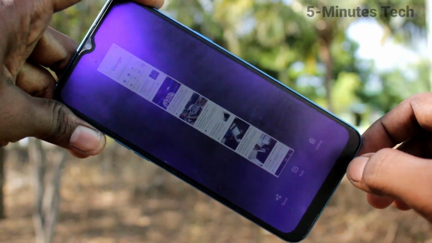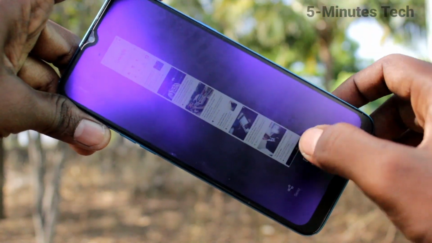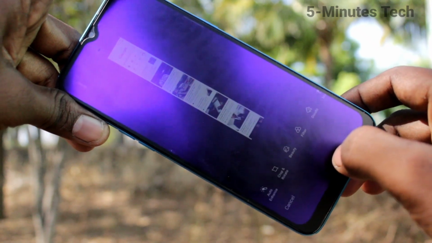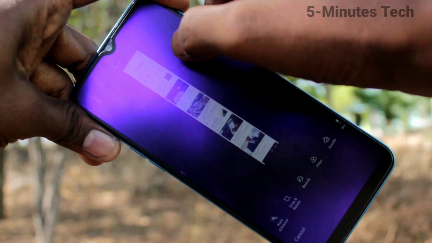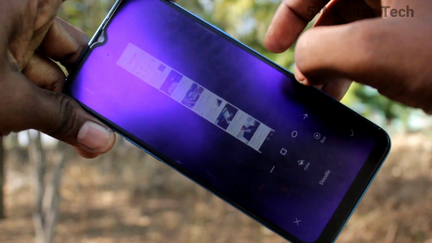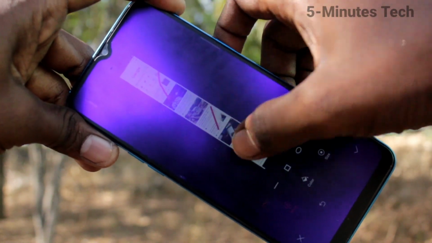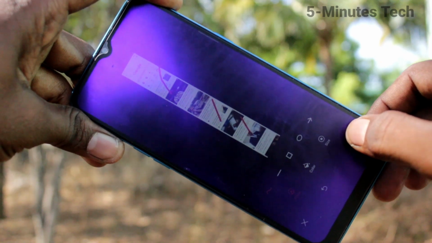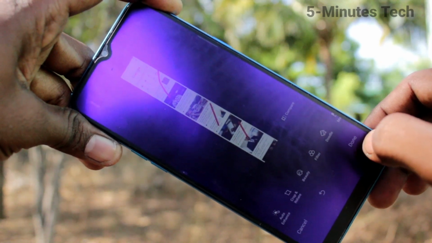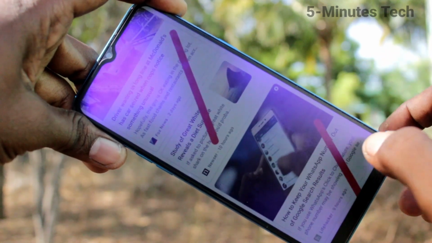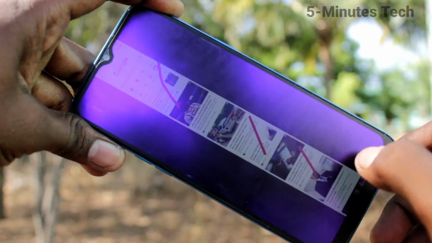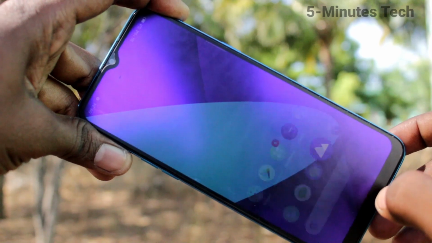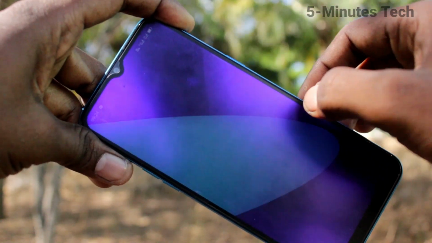Click on done. Yes, this is a long screenshot, and if you want to edit, you can do it. Use editing tool, and there are various editing tools available. Just use any one and click on tick mark finally. Click on done. Yes, this is a long screenshot that I took using this option. And we will see the next method of taking screenshot.